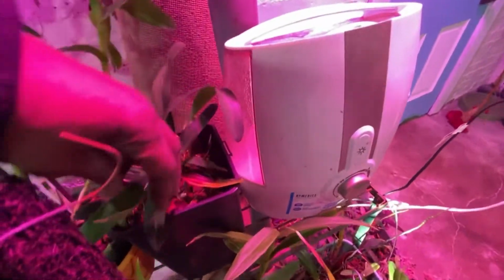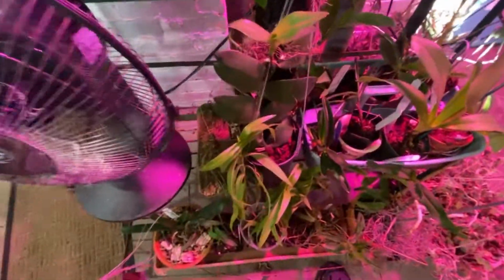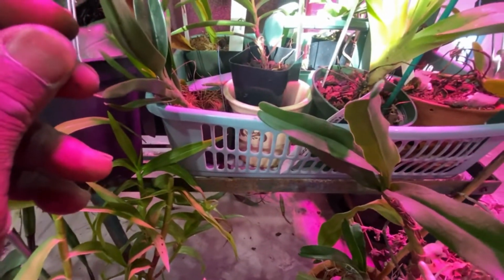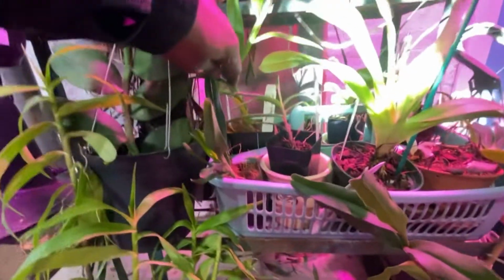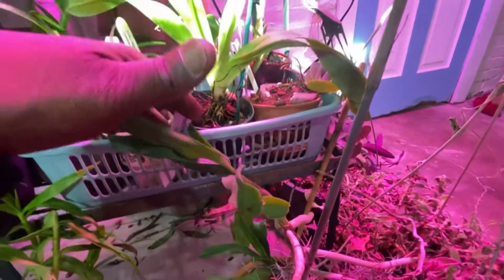Next to here is my Grandalina, who is also losing some growth. I need to really take care and not give it water during the season. Below here is Angraecum viramense, which was just recently put on this pole, and you can see there's a nice root doing nicely. Inside this basket here is Angraecum Lady Lisa, and then behind here is Anthis caudata. Here's my Angraecum Joyce Stewart. Here is the Jumellea,